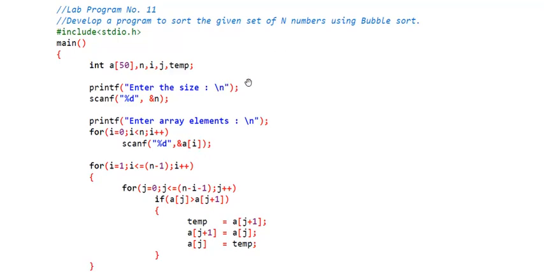In this example, we are going to put the numbers in ascending order, that is lower number to the higher number. So the lower numbers will be at the lower indexes, and as the index of the array increases, we put the higher valued numbers. For this sorting there are different techniques, and one technique you have already learned is selection sort. In this case, we are going to use bubble sort.